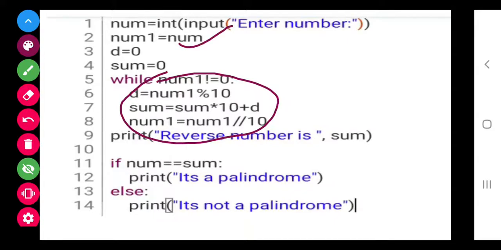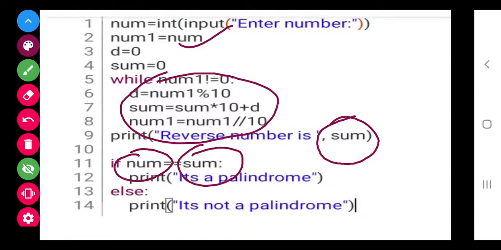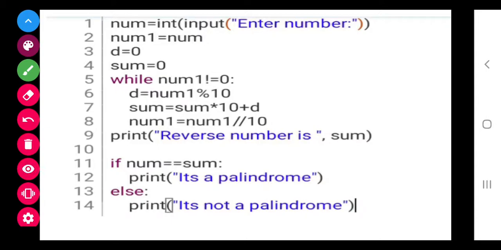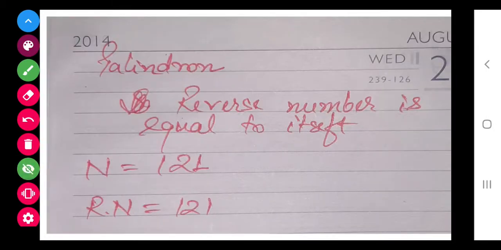Num is as it was saved, and at last when we get the sum, that is the reverse of the number, we will check that reverse number with the original number. If it is the same, then we will say it is a palindrome number. So you see the concept.